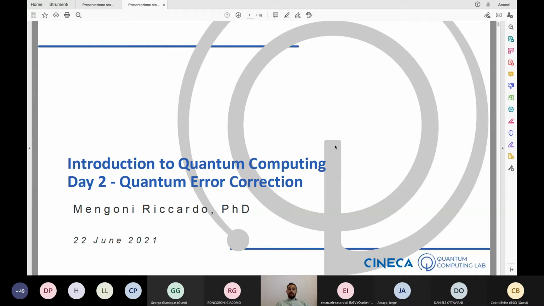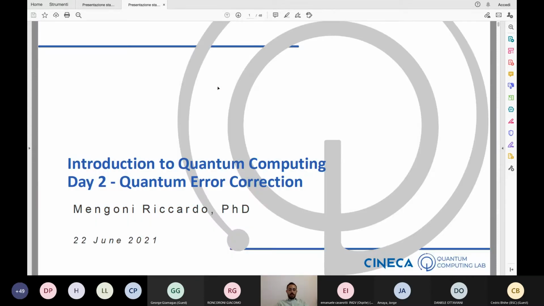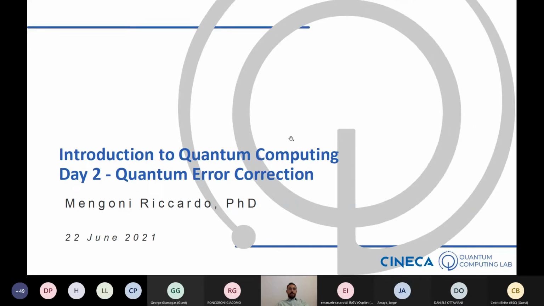Okay, so let's go on maybe with this part. We're going to understand more. In short, the short answer to your question is no. These are not the only algorithms, and actually there are many more that take into account the fact that we still don't have quantum computers that are large scale and error corrected. But we're going to see it in the next few days.